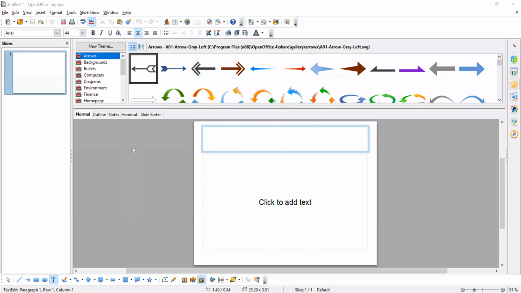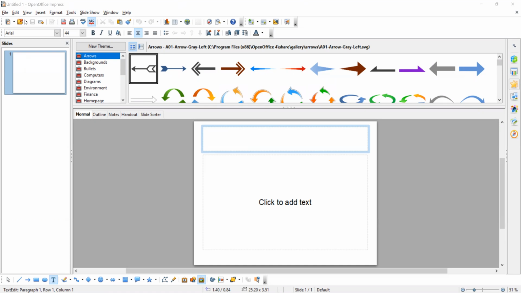Steps to insert an OLE object. An advantage of OpenOffice Impress is that it lets us create OLE objects. OLE means object linking and embedding, meaning these objects are linked from one OpenOffice application to another, like spreadsheets or text or whatever it is. We can link one application's objects to any other objects using these OLE objects.